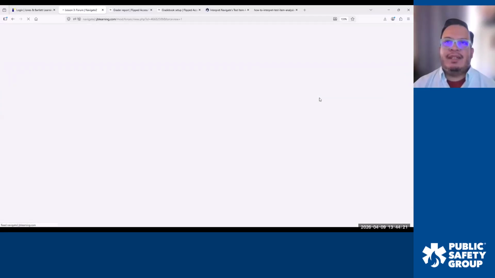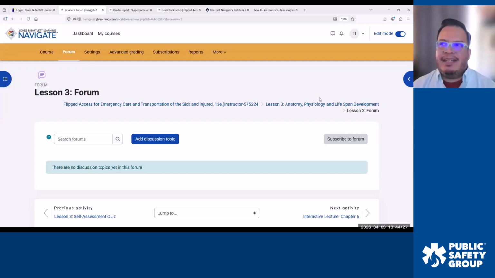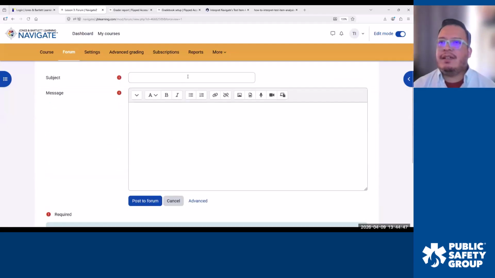You'll remember we did something similar with the quiz where we set some general parameters first, and then we hit save and display. And instead of filling this with questions like I did with the quiz, I want to actually start this off with a discussion topic. So creating the forum by itself is not going to really do too much good. We need to actually give the students a little directions, actually direct them on what they should be responding or replying with. So if we add a discussion topic here,